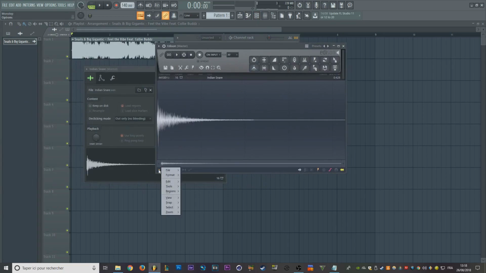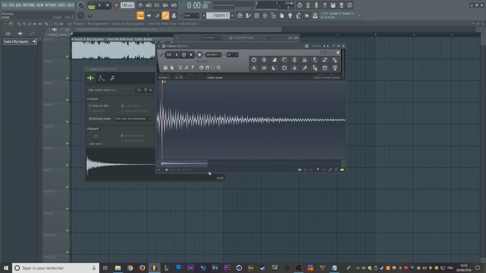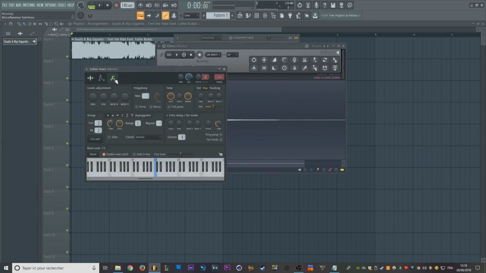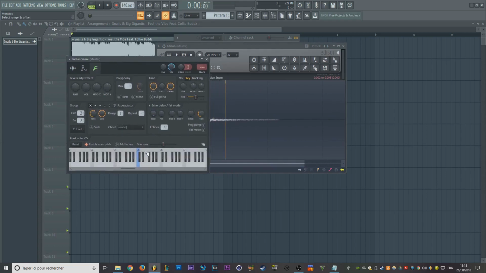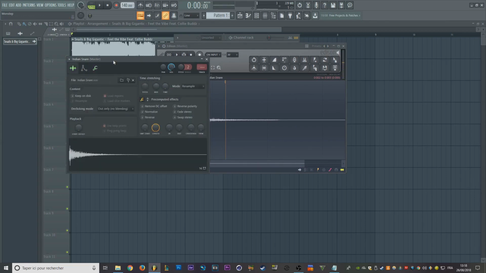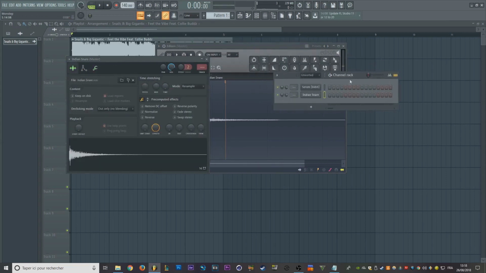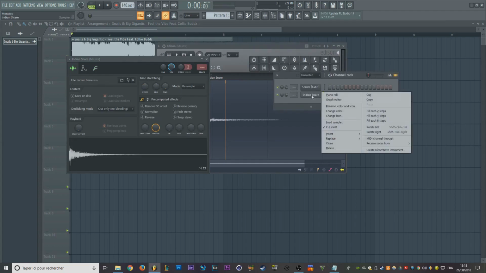Then you can click here, go to region, detect pitch regions, and it shows you the root key of the sample. So this snare is on E, so I can go ahead and change it to E. So right click on E or any other note. So now the root key has changed to C,